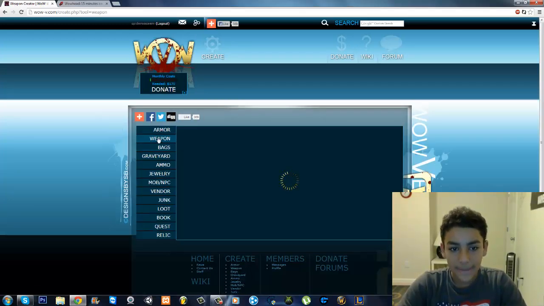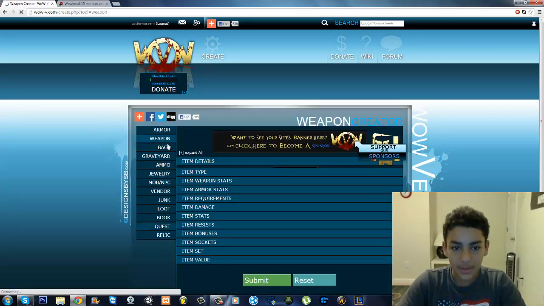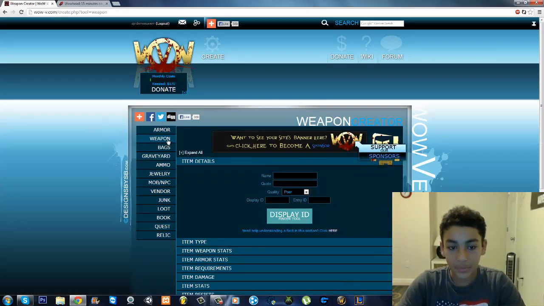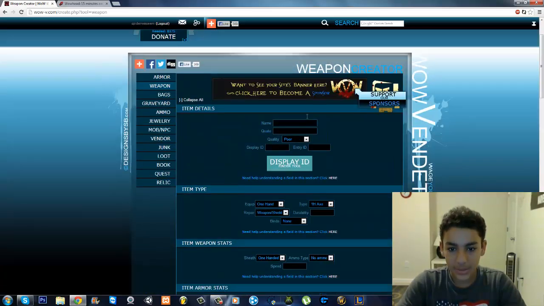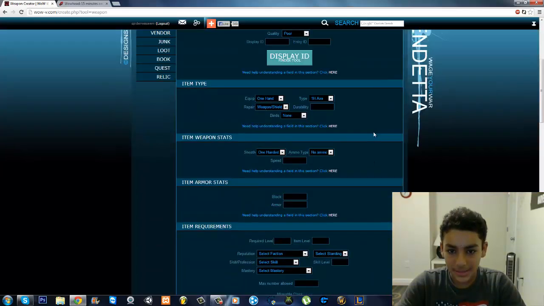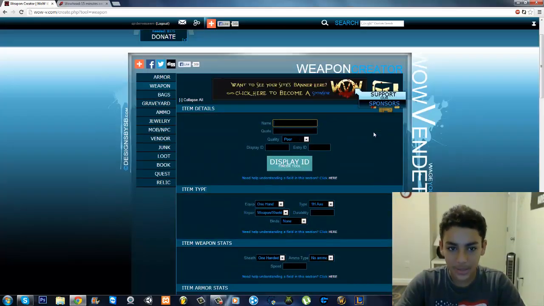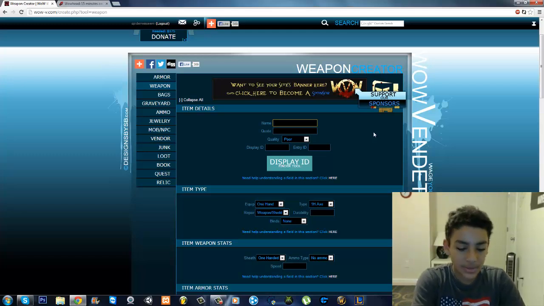Once you get to click on whatever you want to make, I'm just going to keep referring to making a weapon because that's what I'm going to make. Once you've clicked on weapon, or whatever type you clicked on, click on expand all. That's just optional to make everything show up. And you need to enter the stats and names and everything you want for your item slash weapon that I'm making. So the name for this weapon, I'm going to type in